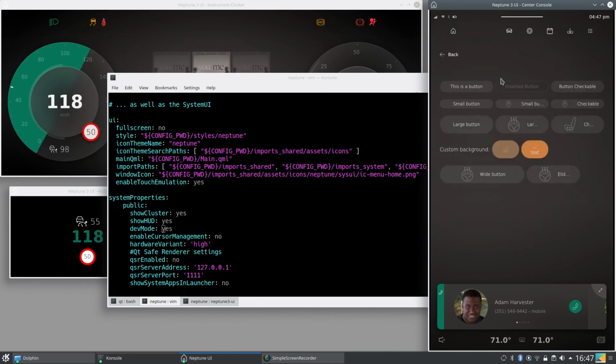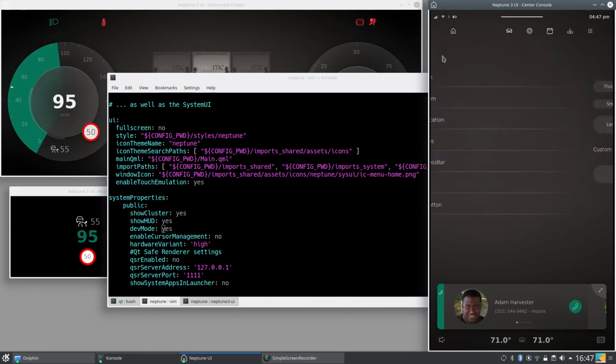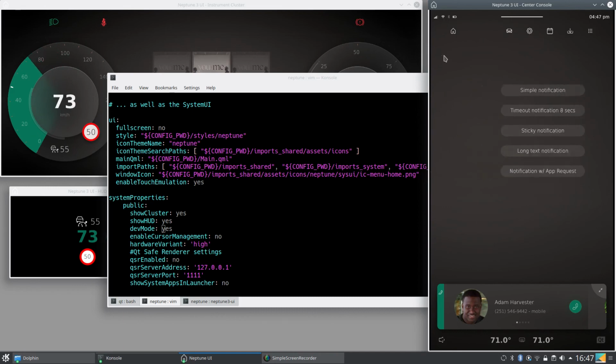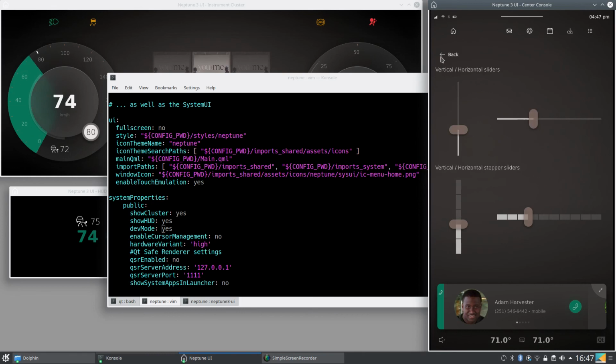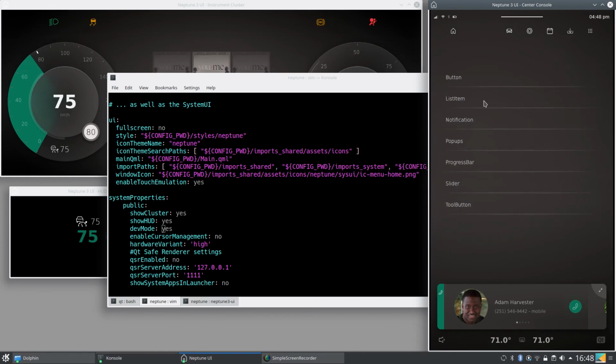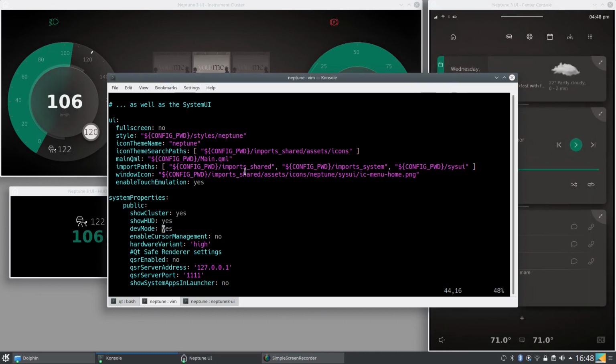There are 7 sections of different kinds of controls. They're all live, implemented in a real application, and the use case for the application is exactly that the developer would open the app, see how a given control works and looks on the screen, then go to the source code and take a look at how it is implemented and how it can be used in a given app. So if we now go ahead and change this property to the value of no,